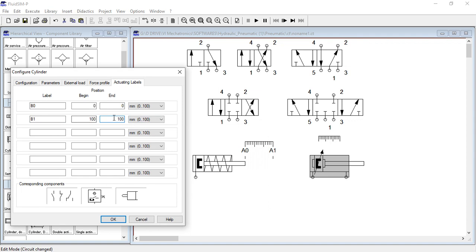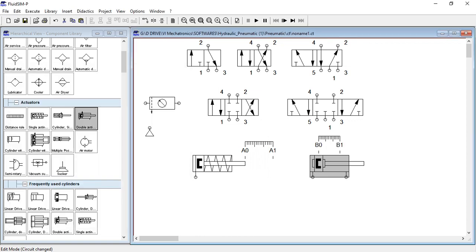It is automatically set. So now the sensing points are B0, B1, A0, A1. Let's say okay, and again drag this ruler to the start and end positions. You can see here that when it is retracted B0 is sensing, and when it is extracted B1 will be sensed. Okay. Now